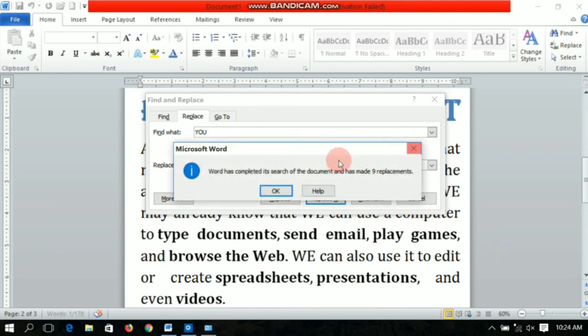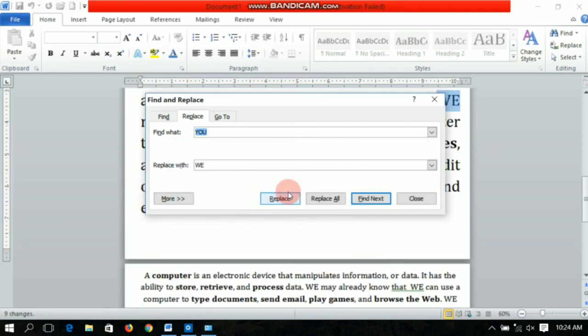You will see a pop-up message here: Word has completed its search of the document and has made 9 replacements. So in the overall document there are 9 instances of the word you, and they are replaced with we. Now you can find the same word.